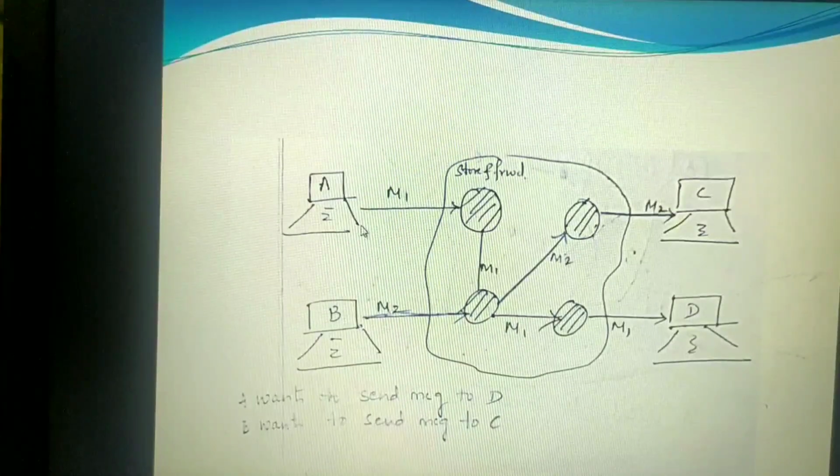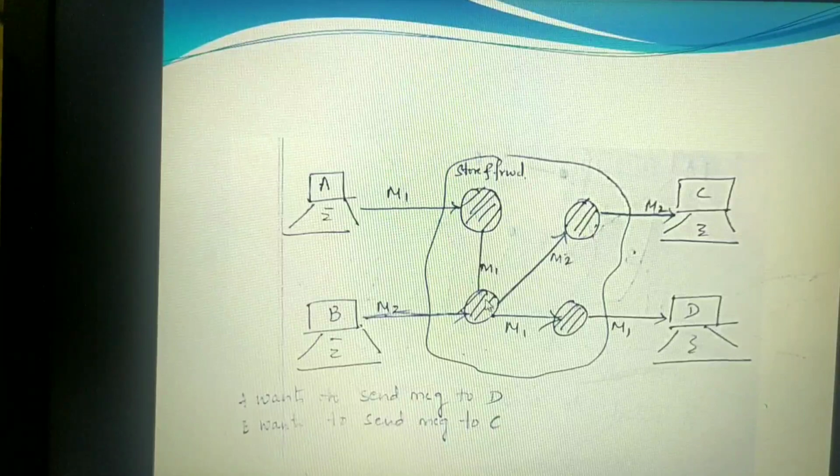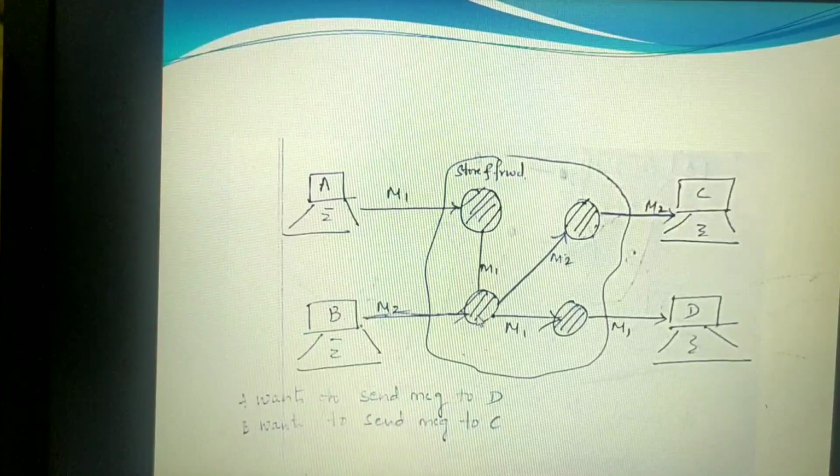See, think A sends the first packet, and that M1 will reach this switching office. In the meantime, B sends its packet. First it will go to the nearest switching office. Already the M1 packet is there. Then this switching office will withhold this packet. Until M1 is moved to the next switching office, it will not accept, because its buffer size may be small. If it is small, then it will withhold the new incoming packets. Once it is moved, then only it will accept M2.